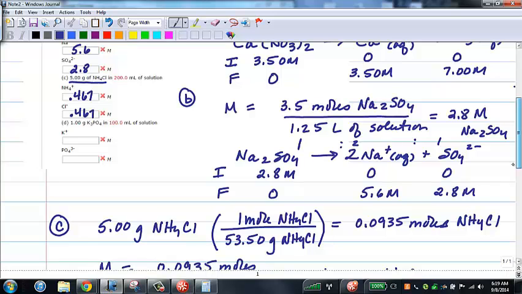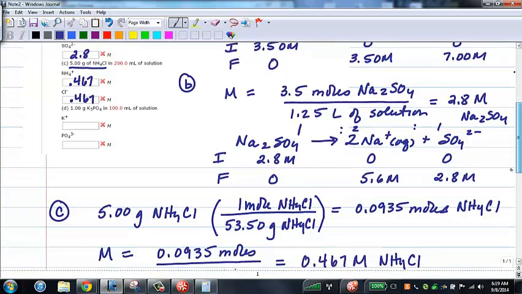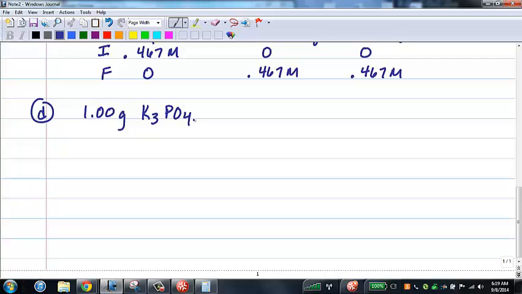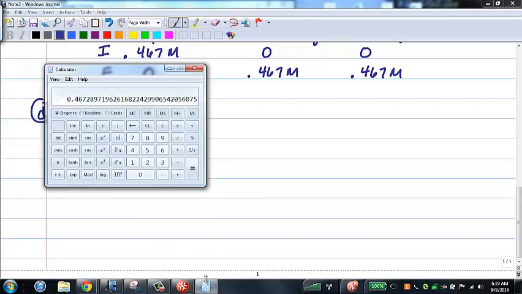I have 1 gram of potassium phosphate in 100 milliliters of solution. So the first thing I need to do is find the moles of potassium phosphate. In order to find the moles of potassium phosphate, I have to divide by the molar mass of potassium phosphate. So I have to add in